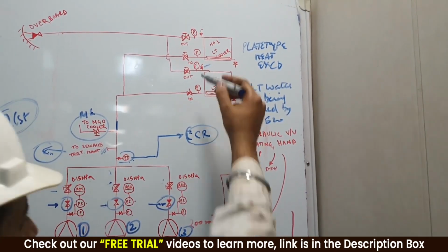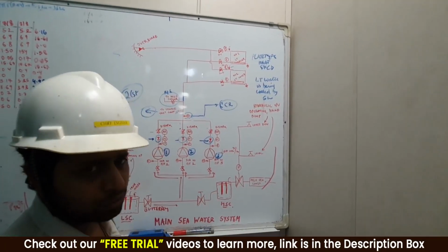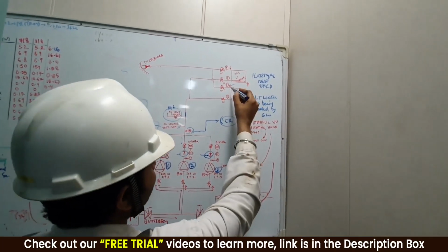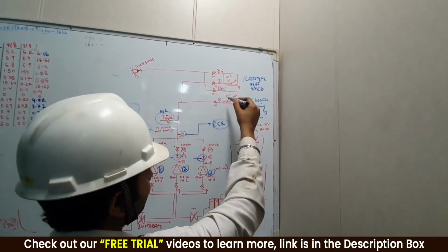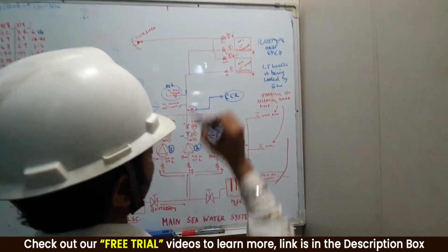Anyways, this vent is used after we have drained the LT cooler, cleaned the LT cooler, or cleaned the LT cooler filter, when we have to put the LT cooler back into use. That is the time when we have to vent the system, and that is the time when we fill the system, then we use this vent. Anyways, there are 2 pressure gauges given over here, guys.